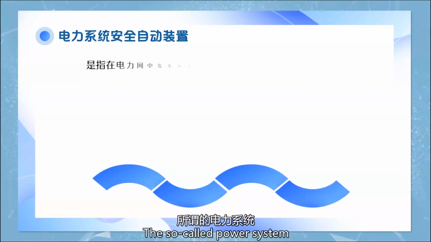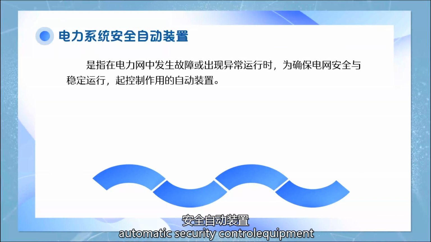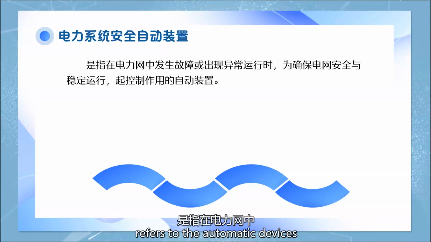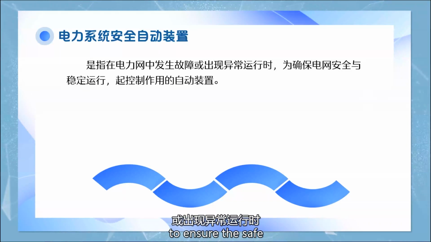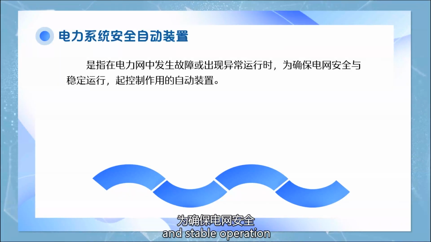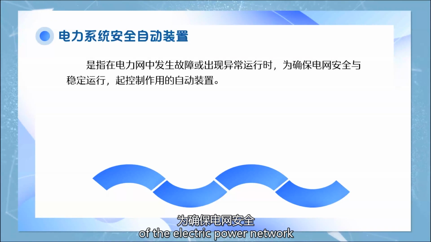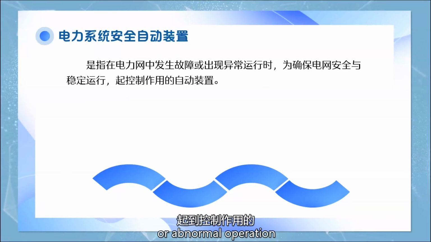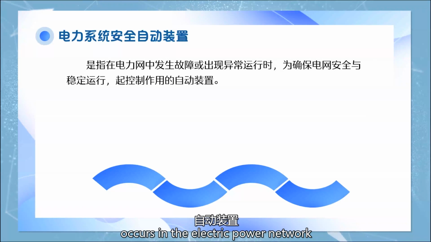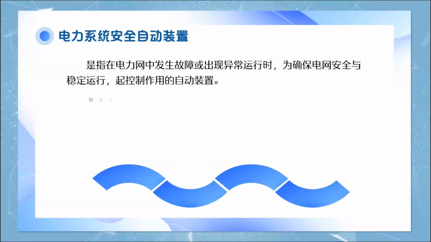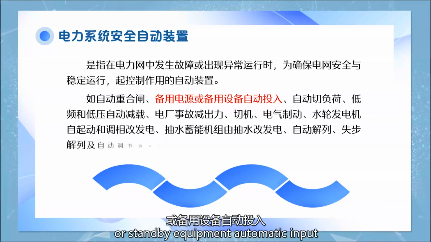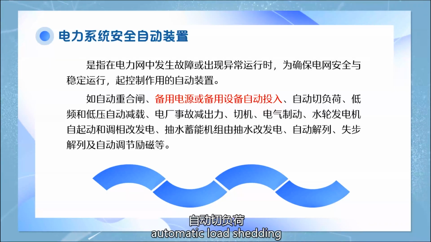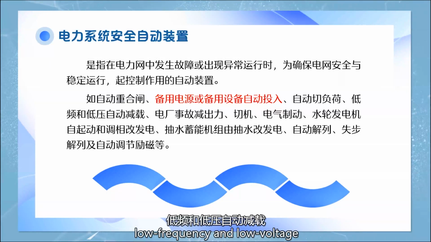The so-called power system automatic security control equipment refers to the automatic devices that play a role in control to ensure the safe and stable operation of the electric power network when a fault or abnormal operation occurs in the electric power network, such as auto reclosing, standby supply, or standby equipment automatic input, automatic load shedding, low frequency and